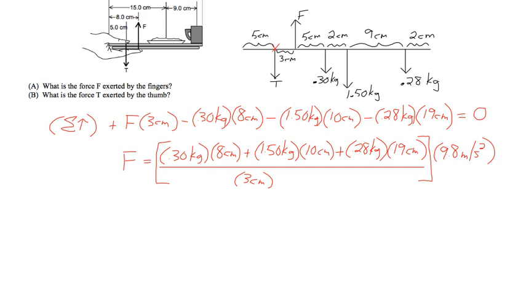It won't have my answer in units of kilograms. So if we solve that, what number did I give you for that? 74.2? I didn't? Okay, so the force is 74.2